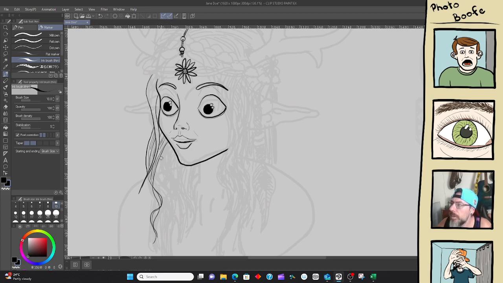You know, these lines may look a little bit weird at the moment, but when I put the color layer on, I promise they will all make sense.